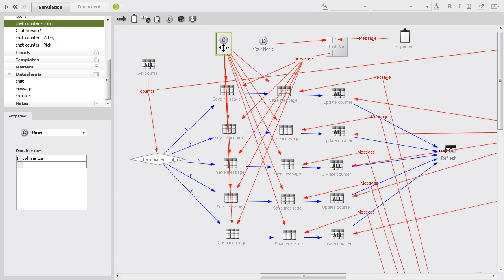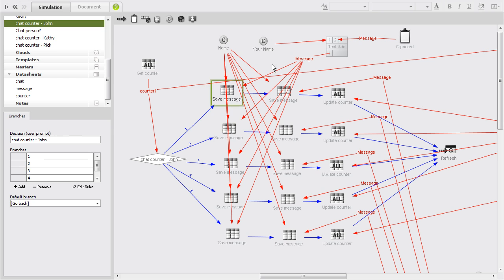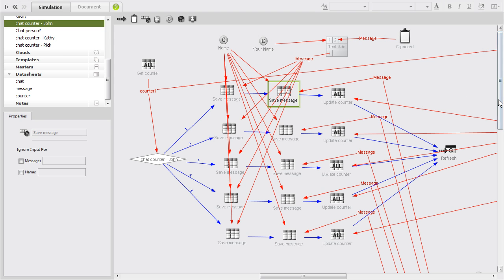and the actual message that you stored in the clipboard plus your name is concatenated together, and the concatenated message is stored against the message column against your name. In this case your name is John Brutus, and the concatenated message is stored against John Brutus. Immediately after this record action here, there is another record action that happens on that same data sheet,